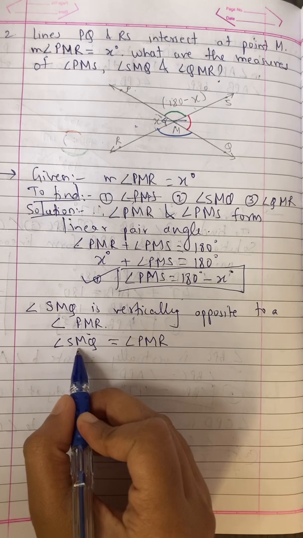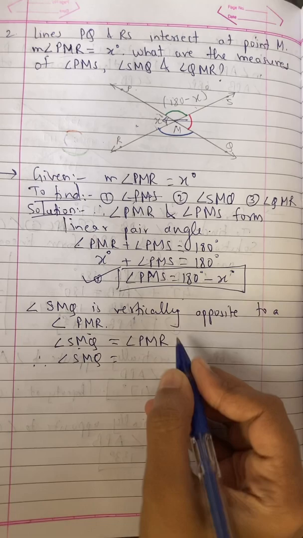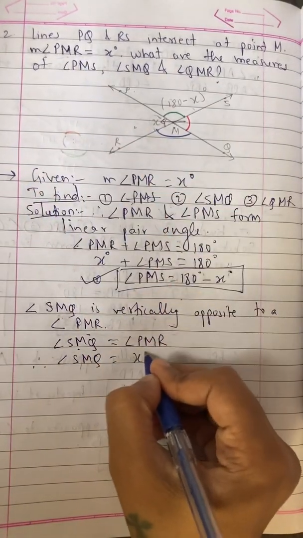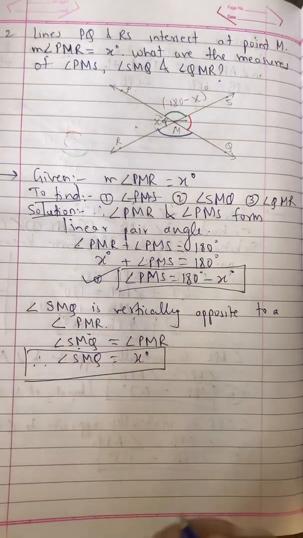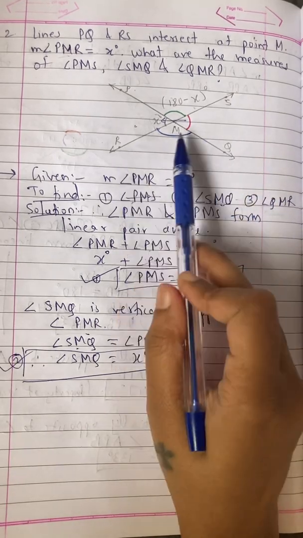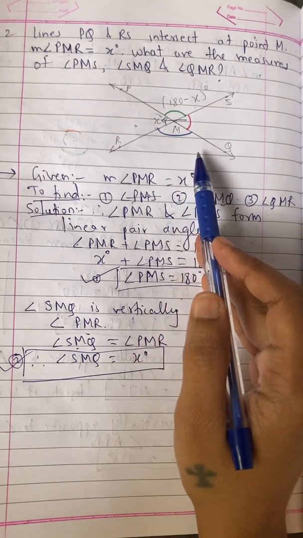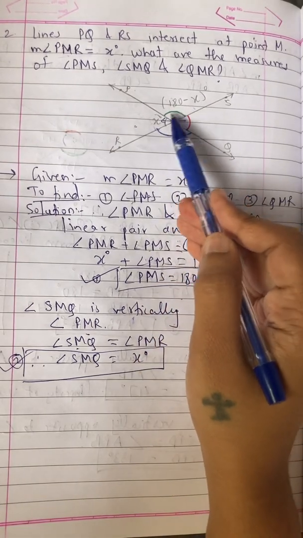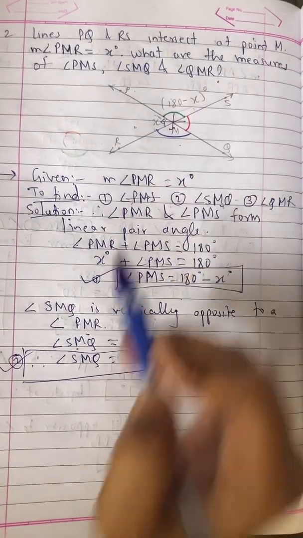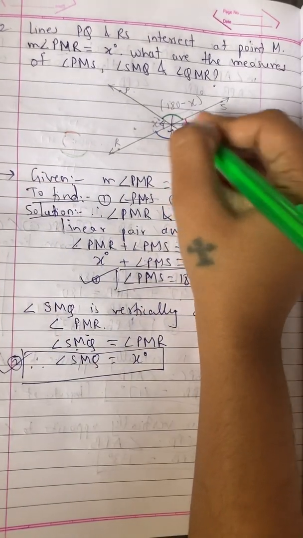Alright. So what is SMQ? We don't know. We have to find out. So therefore SMQ is equal to what is PMR? Definitely we know, it is there in the diagram also in the question. PMR is x degree. So we get SMQ also equal to x degree. Second thing is also found out, SMQ. Now what is left? QMR. एक ही अभी बचा है जो blue color में highlight किया है, QMR. Now QMR is opposite to which angle? Which color highlighted? Green color. Both are vertically opposite angles. So ये जो भी रहेगा same ये भी रहेगा. Okay, I'll write down, we found out just SMQ which is x degree because it is vertically opposite.